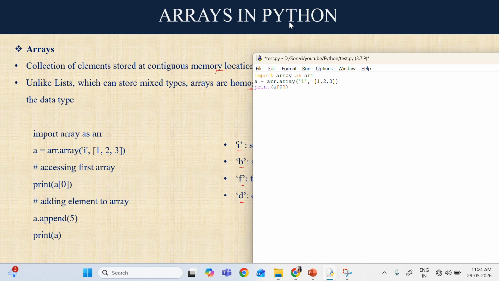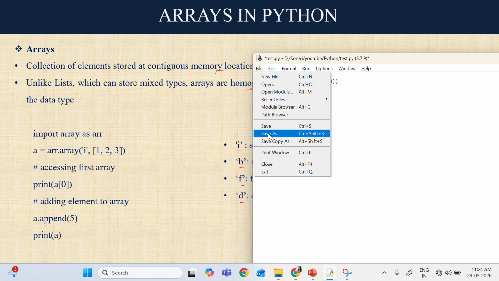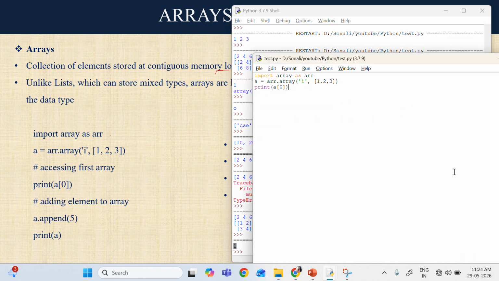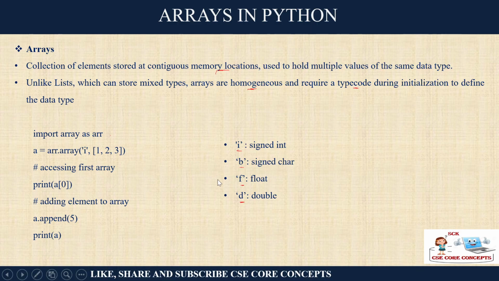When your array is using indexing, you can traverse from left to right as well as from right to left, the same thing as we have in list, right? When you are traversing from left to right, your index starts from 0, but when you are traversing from right to left, your index will start from -1. Understood? And you can slice it. Slicing we will see later on. So this is the first element, because your index is starting from 0. So your first element is 1. This is how you can do it.